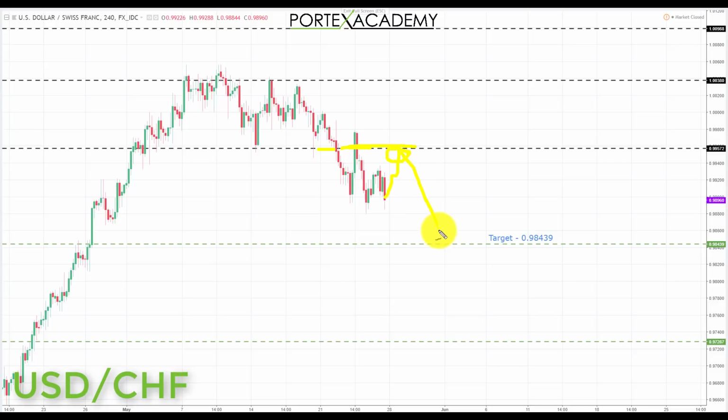We'll be looking next week down towards the next key area of support to the downside and target 1 at the 0.98439. Now again, we are looking for further advances overall in the US dollar index, and so this may be